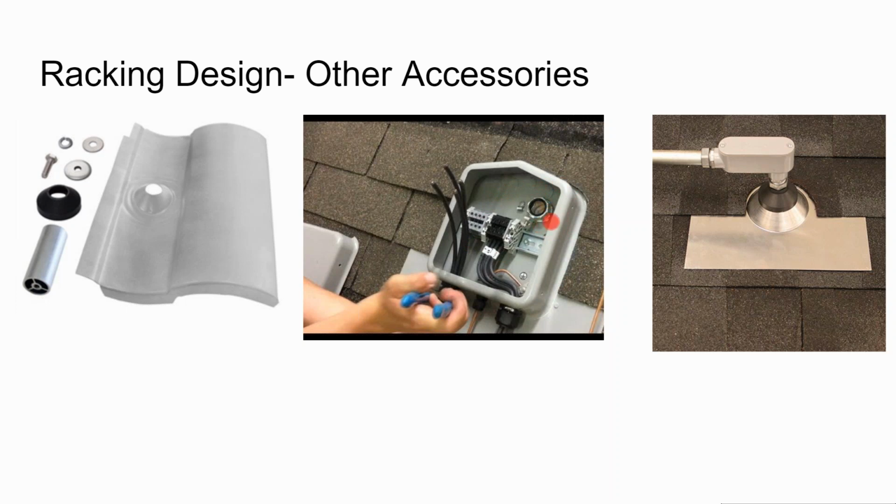I'll use a specialty solar box because it's only a couple of inches tall, so that I can hide it underneath the solar array. Whereas if you do something that's a little bit more generic, like what you can find at a hardware store, the height of this box from the top of the roof won't fit underneath the array. And I like fitting it underneath the array because it looks better.